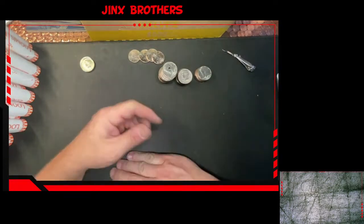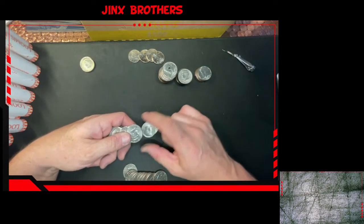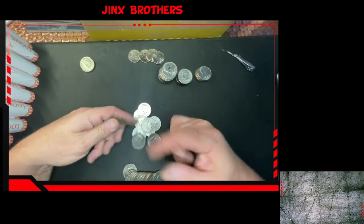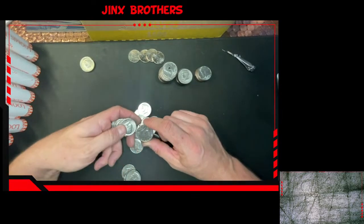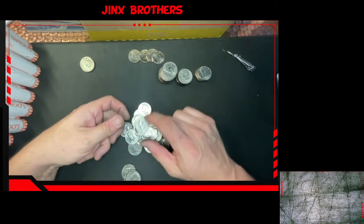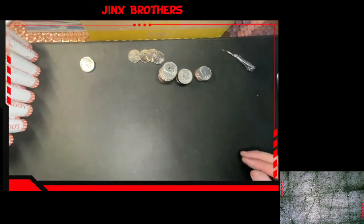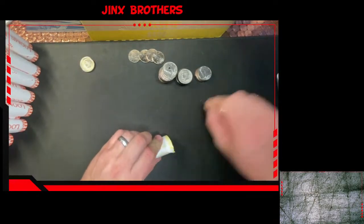I stopped by one here the other day and the guy's trying to sell me a fake 2009 VDB-S. He's like, yeah, you can put that in your book and no one would know the difference. I'm like, yeah, but I would. I don't want to buy a fake coin from you. So, needless to say, I will not be going back there. One of the things that I was thinking about doing, though, is going...